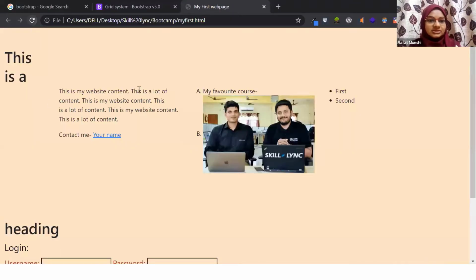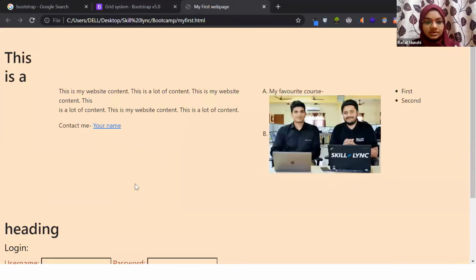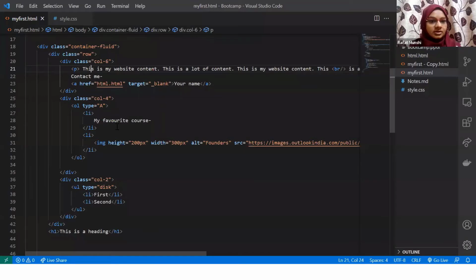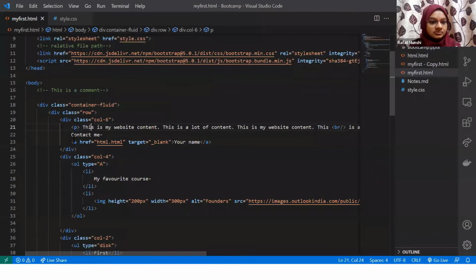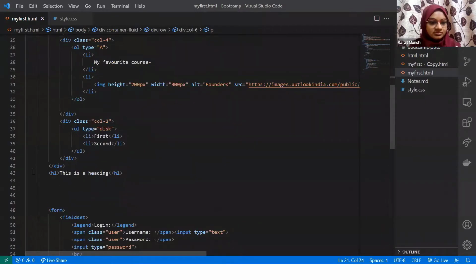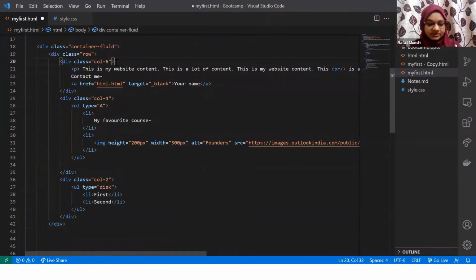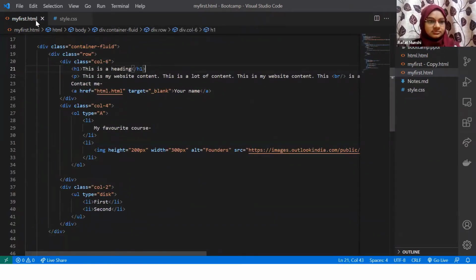Now, if I refresh this, as you can see this part is coming. This is having more space, and then we have these 3. Let me put the heading above the paragraph as well.